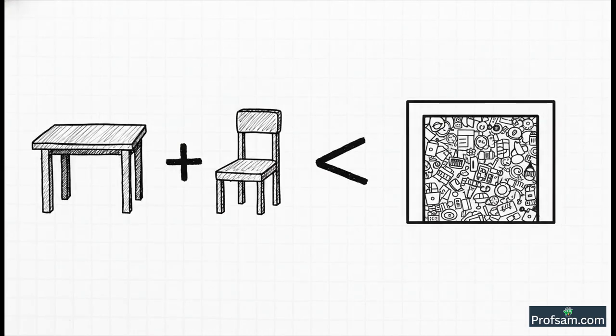All right, now for the second constraint, the storage space. This one's pretty straightforward. The dealer can store a maximum of 60 pieces, so the number of tables, x, plus the number of chairs, y, has to be less than or equal to 60. Simple as that. x plus y less than or equal to 60.